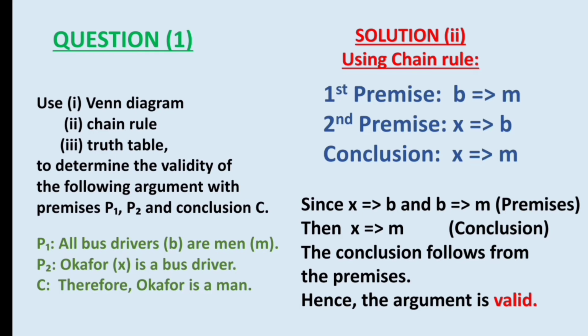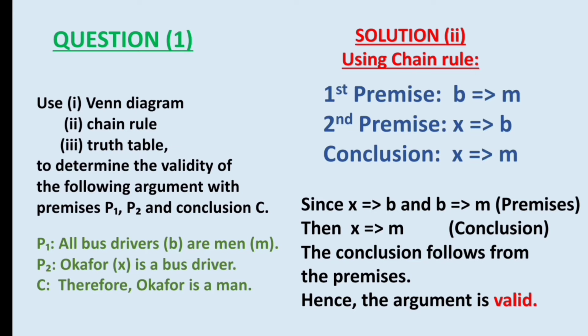Now, chaining the premises in line with the conclusion, we can say that X implies B, then the ending of the B begins the second statement, B implies M. Chaining the premises: a chain is made up of rings in which the ending of the first ring begins the second ring, the ending of the second ring begins the third ring, and so on. So, we chain the premises and see if the links go continuous,